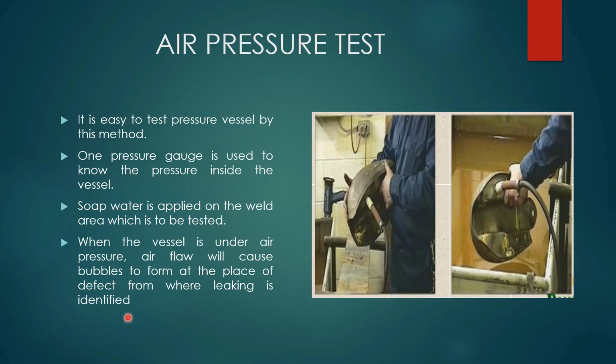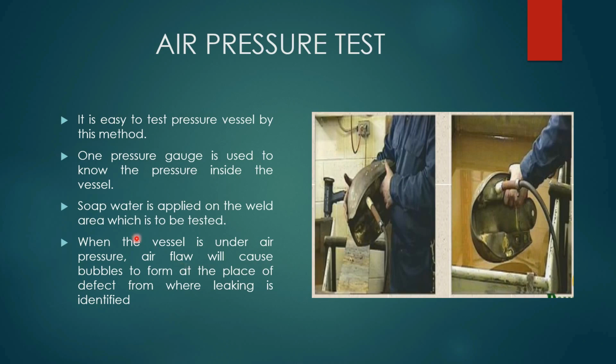Now next is the air pressure test. The air pressure test is similar to the hydraulic test which we have seen earlier. In this test, air is used for increasing the pressure inside the vessel. So it is easy to test a pressure vessel by this method. One pressure gauge is used to know the pressure inside the vessel. Soap water is applied on the weld area which is to be tested. When the vessel is under pressure, airflow will cause bubbles to form at the place of defect, from where the leak